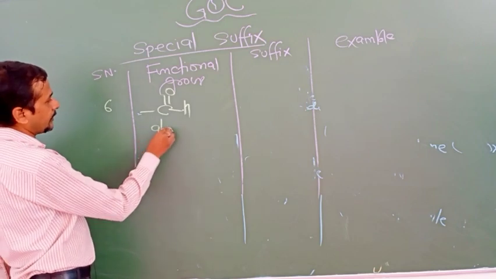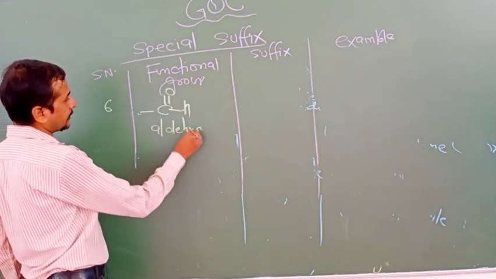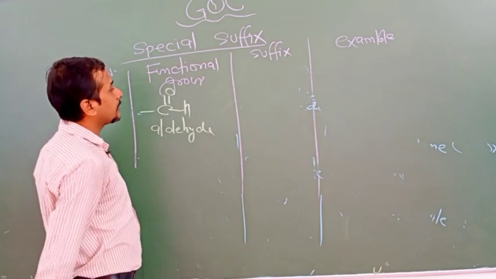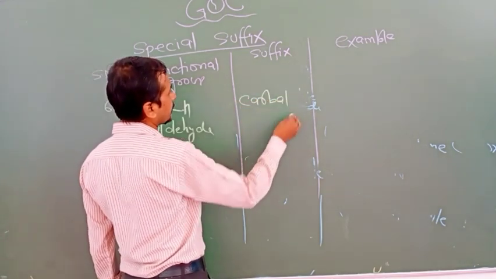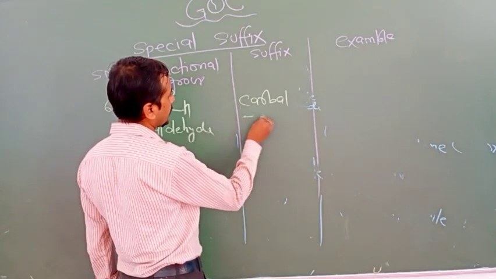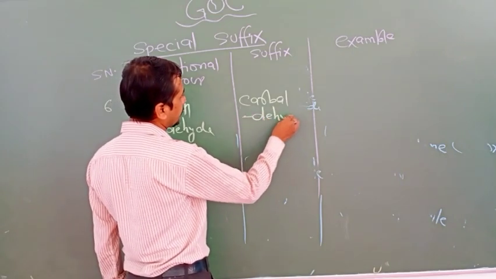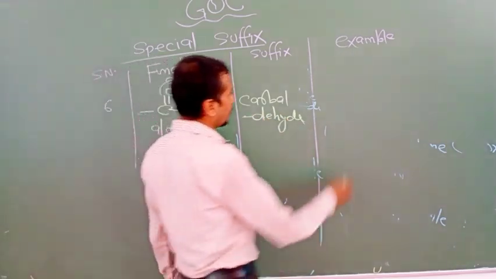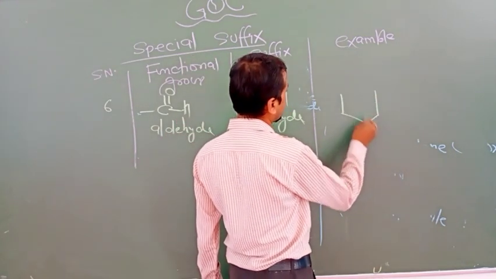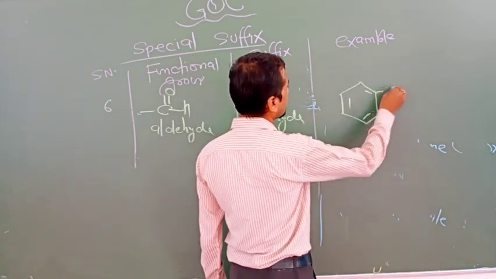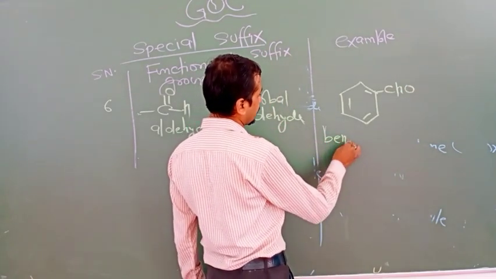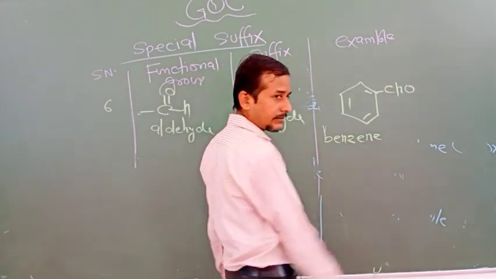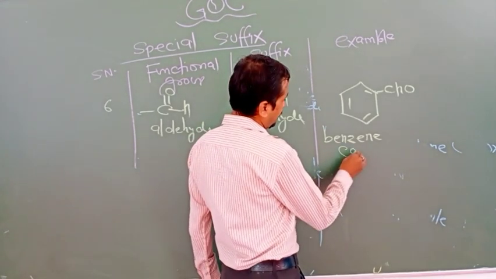So this is basically aldehyde, and for this aldehyde the special suffix given is carbaldehyde. Now look at the example, benzene attached with CHO. So this is known as benzenecarbaldehyde,